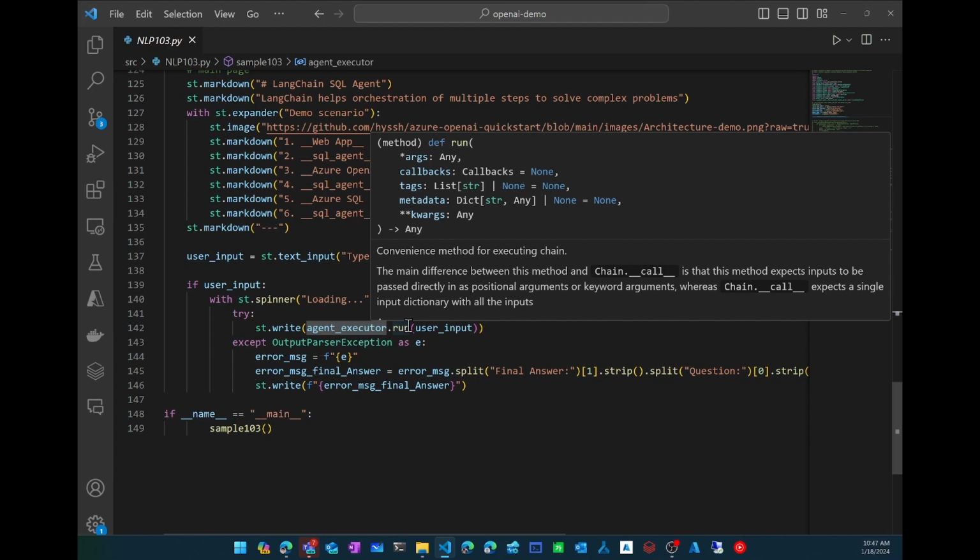Based on the returned error message, the agent executor will take care of it for you, meaning it will modify and update the SQL based on the error message returned from your database,